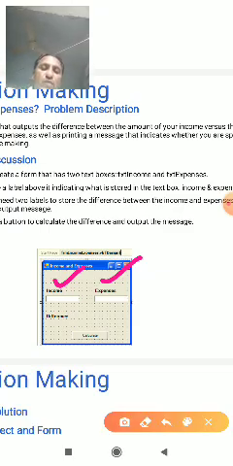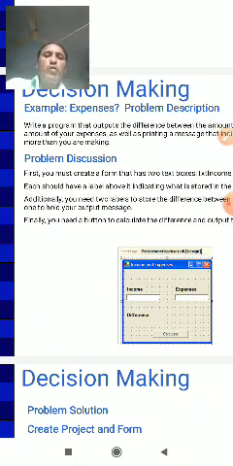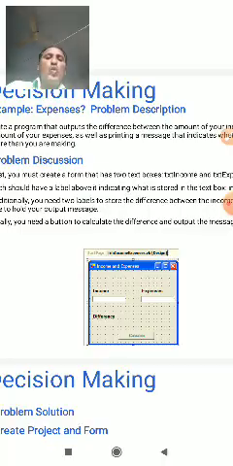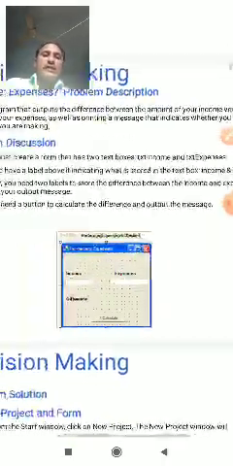Each should have a label above it indicating what is stored in the text box, income and expenses.